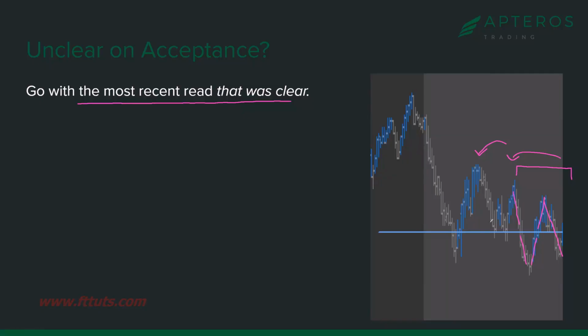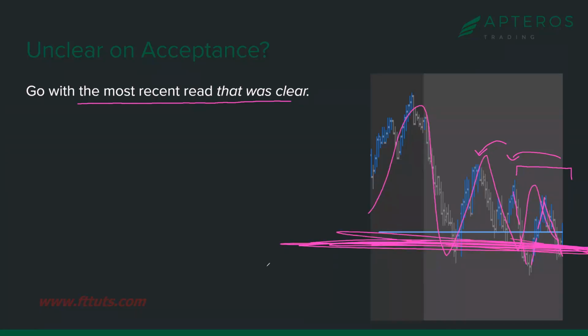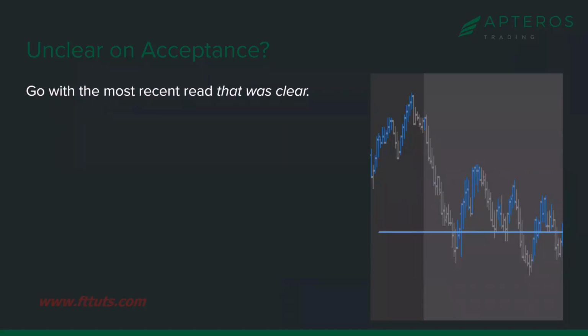Sorry to make you type that. It's so easy. It's above, right? That's the last place it's clear. So it's kind of like the judicial system or whatever, right? Acceptance persists until proven changed, something like that. You need to see the acceptance picture clearly change. Just because it gets messy, all this movement is still generally above the reference. And looking left to find out, okay, it was really clear here, and now it's become unclear recently, we'll stay with what was clear. It's a very, very helpful best practice.